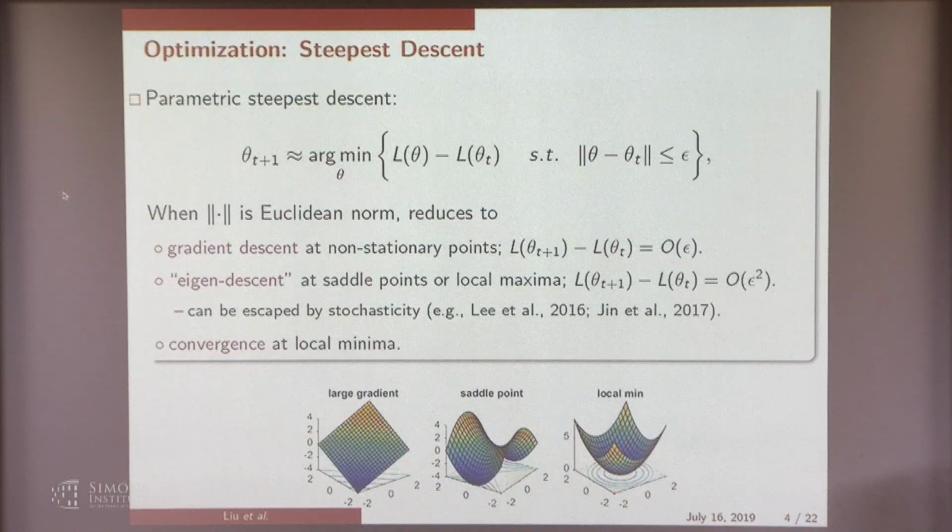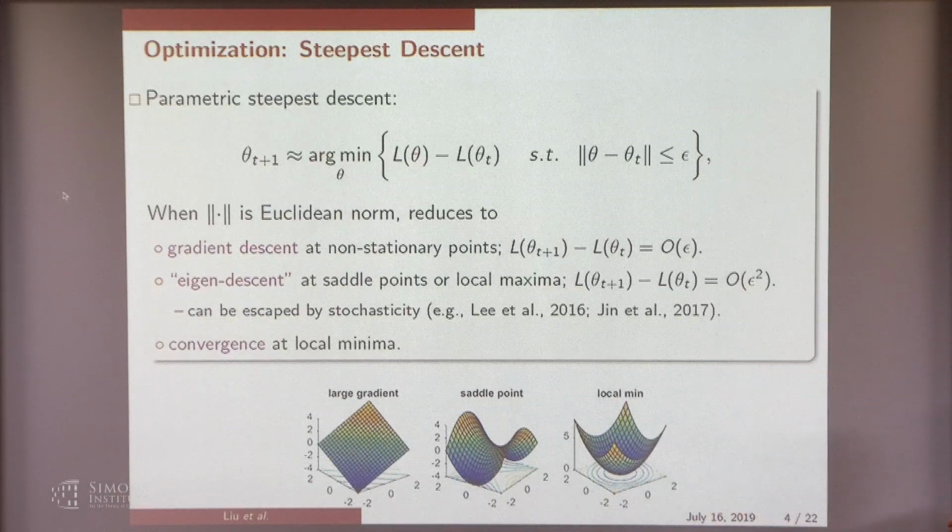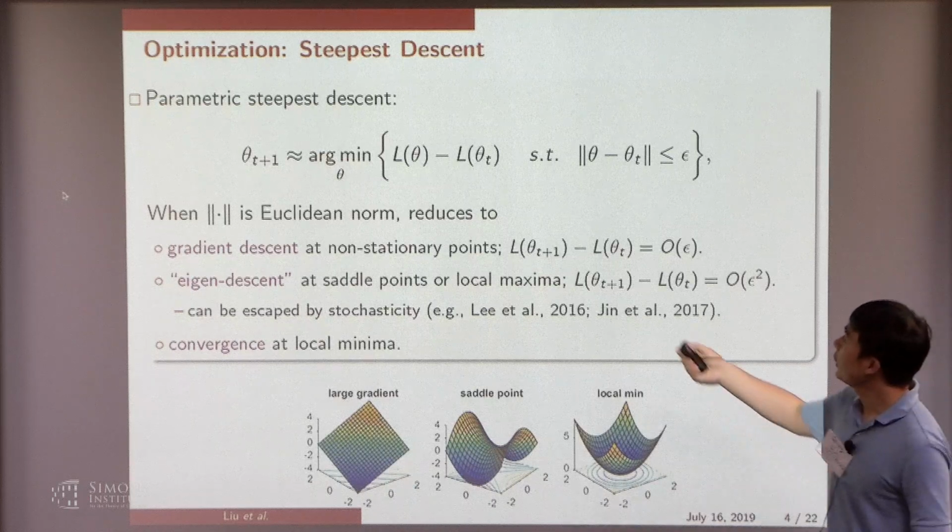Okay, so we want to solve the optimization. Let's review what's happening for the parametric case. In most of the cases, we use steepest descent for optimizing parameters, right? We're going to extend steepest descent for the functional space in a practical way. But let's have a very brief overview of the parametric case, right? So the idea is that